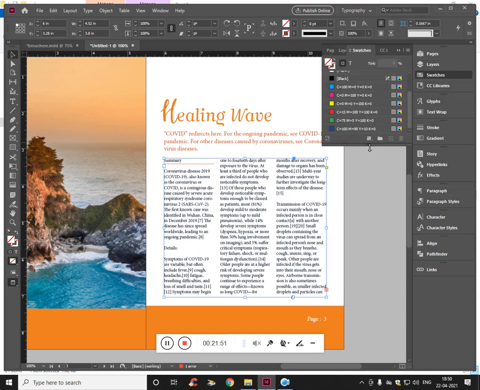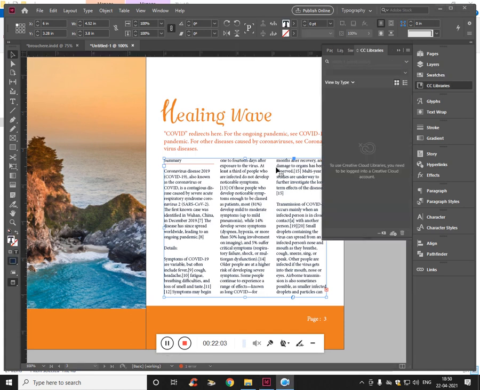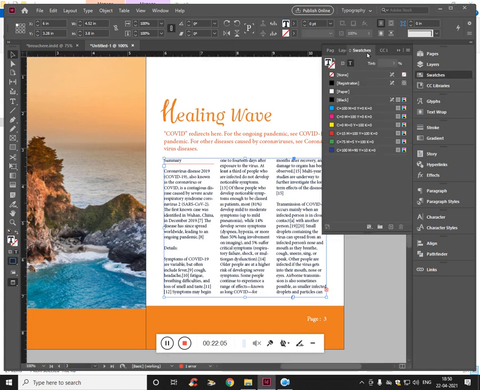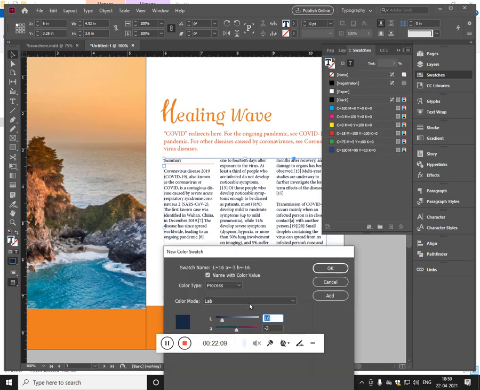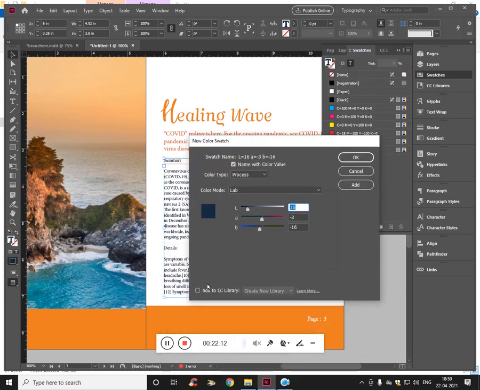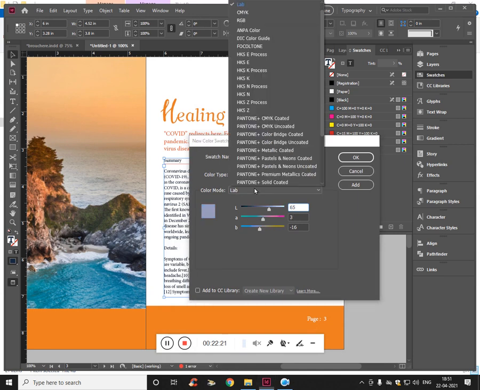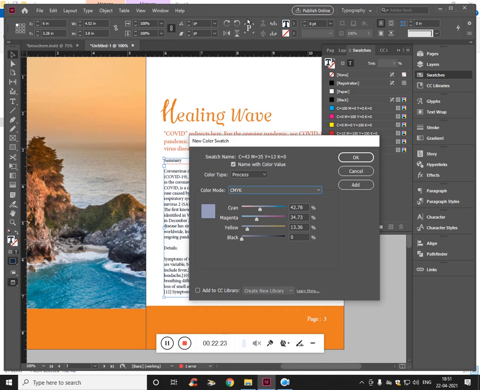Click on the swatches, and here we should see add new color swatch. So choose a color. I think I don't have the color right now. Let's make it RGB. So I have selected it, and I can name it UI Monk Design Basics orange. Click OK.